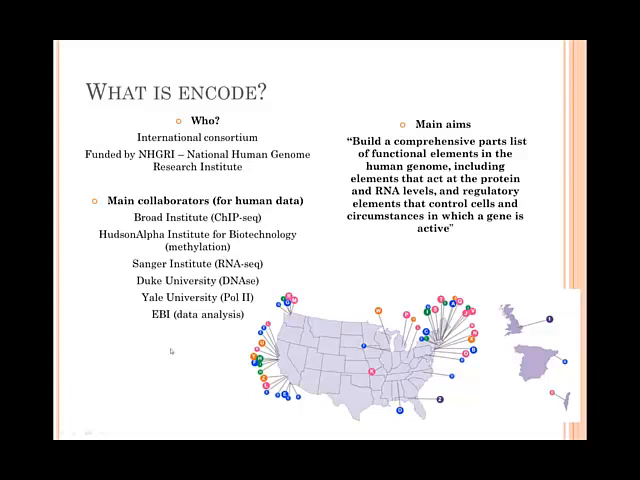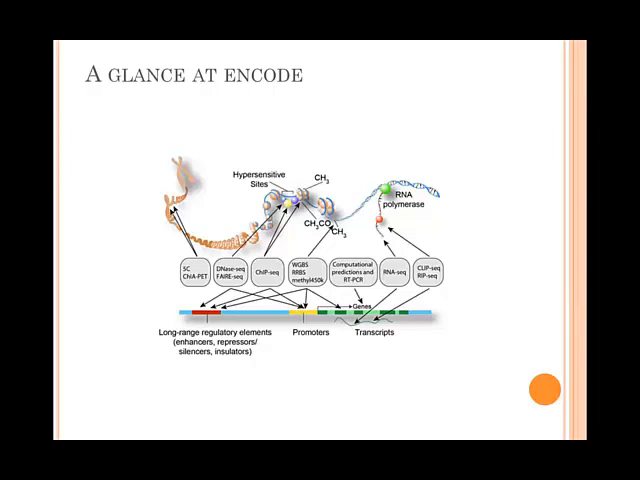First, for those of you who are not familiar with ENCODE, it is an international consortium founded by the National Human Genome Research Institute. There are many collaborators. Here is a list of the main collaborators. And also the aim of this project is to build a comprehensive atlas for the functional elements in the human genome. And the functional elements that ENCODE looks at are